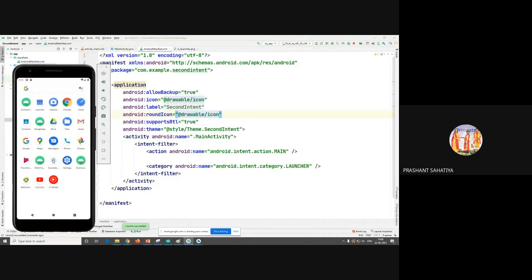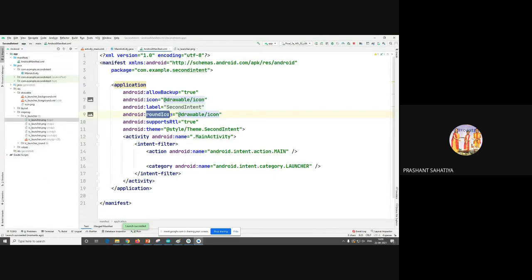So here you can see the logo of the doctor. I cannot zoom it, but yes, there is a logo of doctor. Because this is the latest version of Android, I think, they are preferring round icons. So you can give the round icon, and if it is a simple one, you can give the normal icon. Probably you can give both, and your normal icon they will create in the round form.